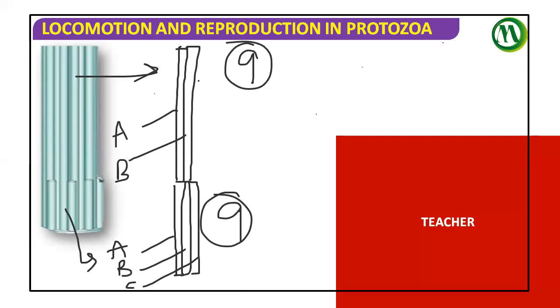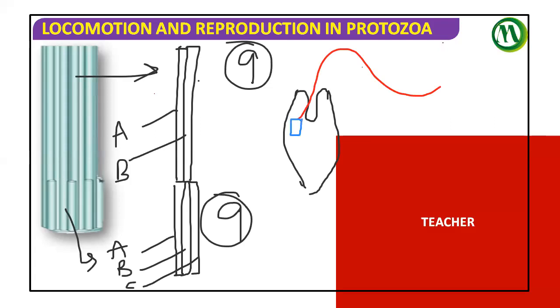Okay, so I'll show this visual in Euglena also, so that we better understand. So this is the flagellum. Then who is the basal granule? Whatever is present at the base of the flagella, we say that is the basal granule. So the situation in the flagellum at the peripheral side is like this: 9 peripheral microtubular doublets. Here: 9 peripheral microtubular triplets.